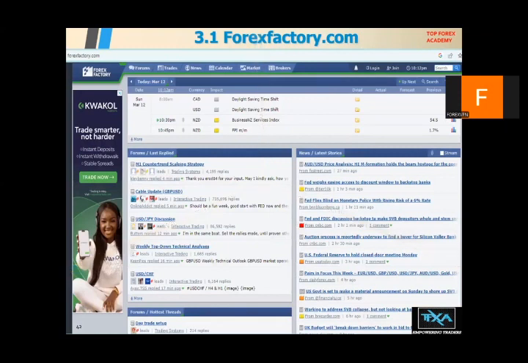Here, we have forexfactory.com, a place where you look up your Forex economic data to check and corroborate with what is going to happen in the market as you anticipate market movements to allow you to take wise decisions in your trade. Looking at all this data we have here, the question now is, how does fundamental analysis affect the